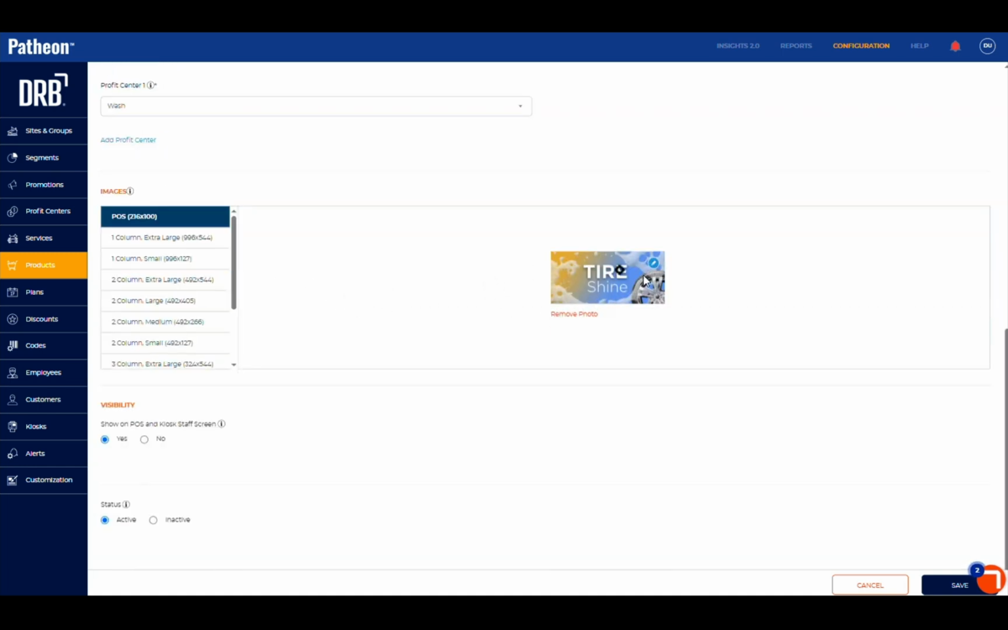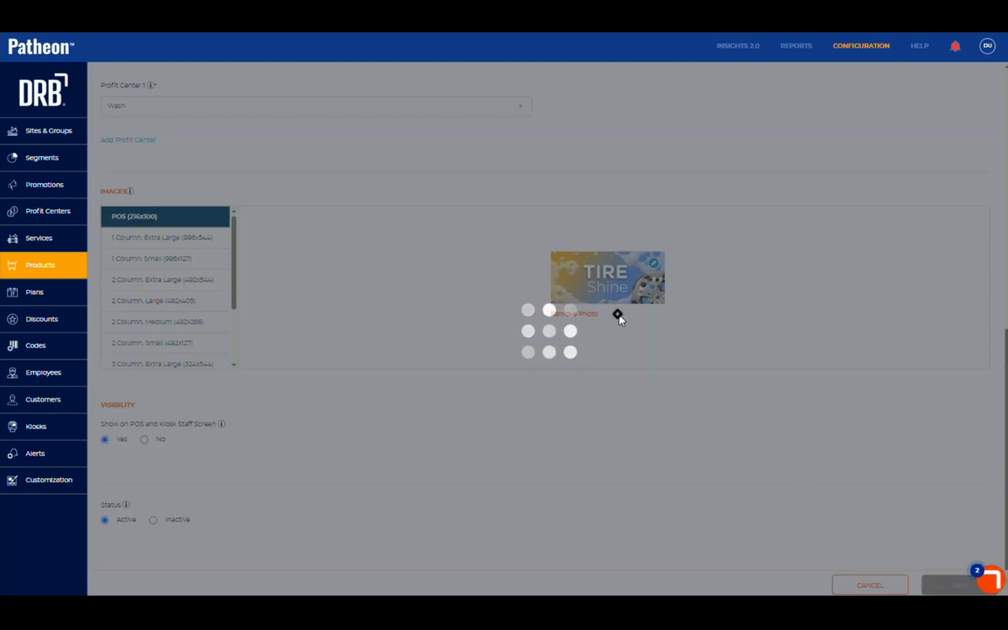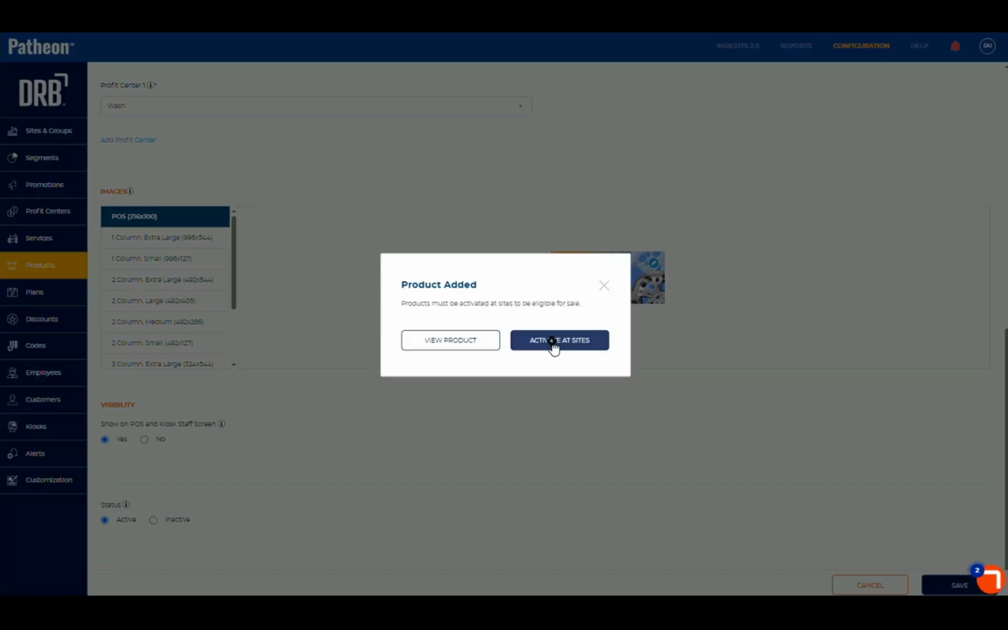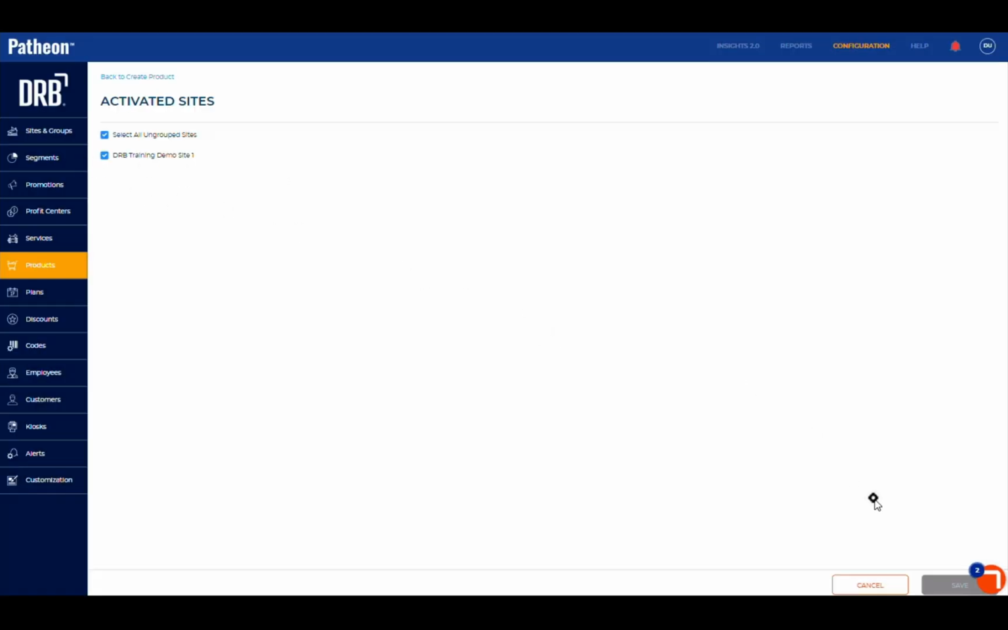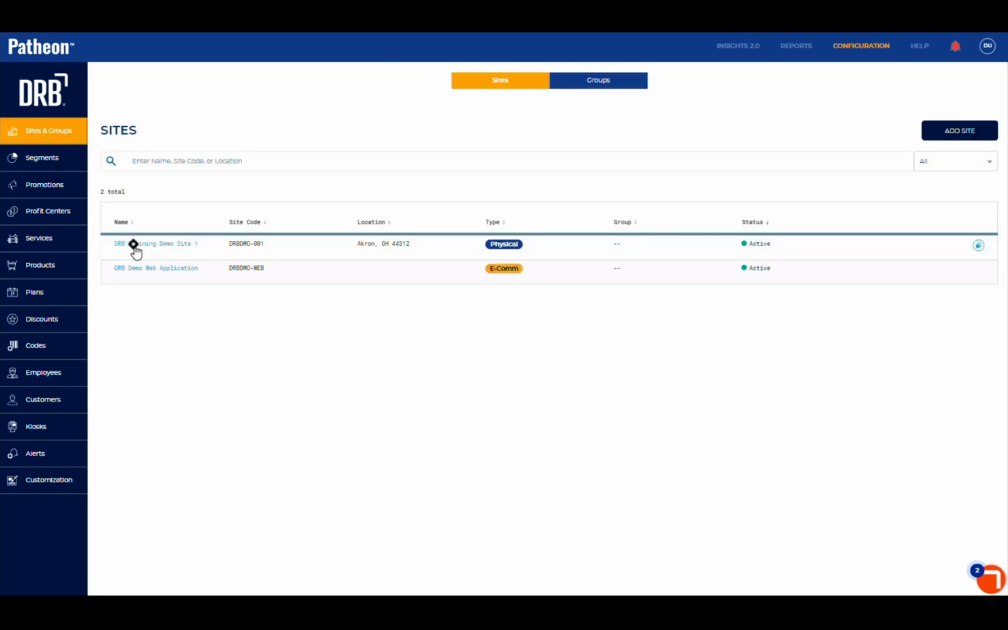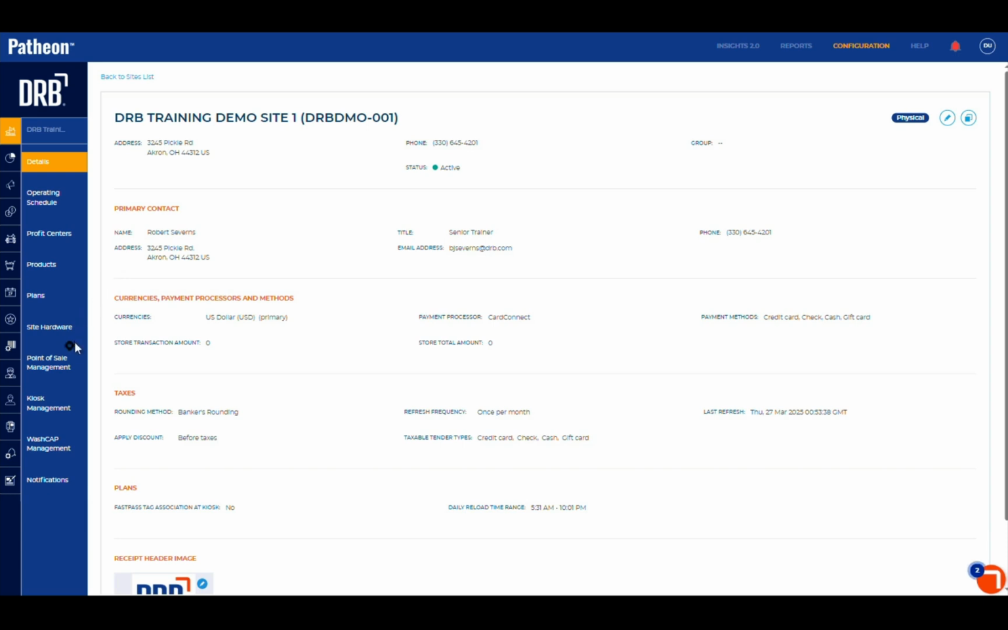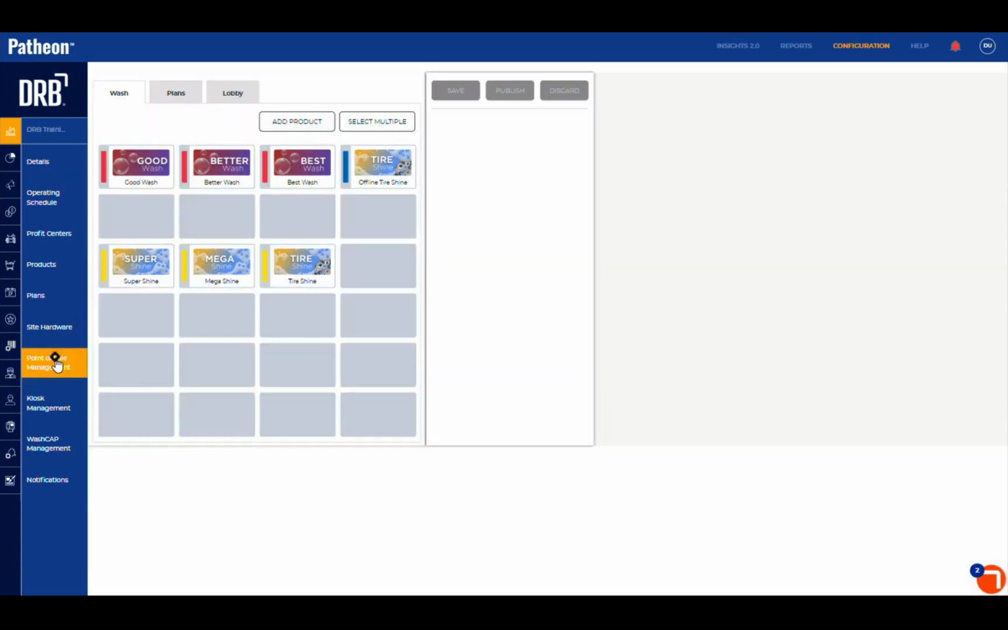And since I duplicated, it kept the tire shine icon that I had on my last button. By default, the system will automatically add a button to your POS, so we'll save. We'll make sure it's active at our site. Once we've made sure that's active, we can go into the Sites and Groups section and select our current site. The POS Point of Sale Management screen will show the new Offline Tire Shine button that was created automatically